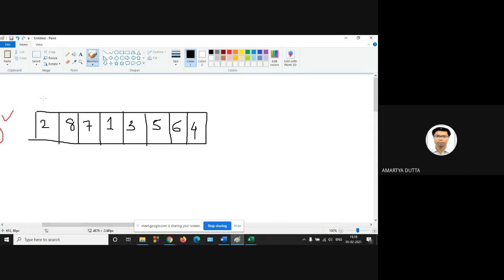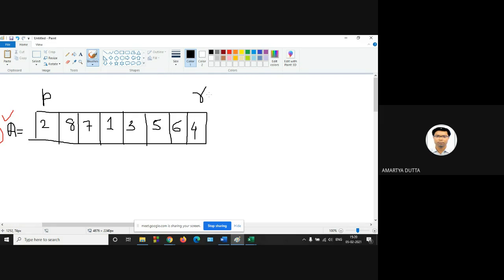So what is your p? This is your array A. A is given. You have to apply the partition exchange sort, or quicksort. So what is p? This is your p and this is your r, the first index and last index. Obviously, the first index is less than the last index, right? If you take the value of p as 1, then 1, 2, 3, 4, 8, the value of r is 8. So 1 is less than 8.